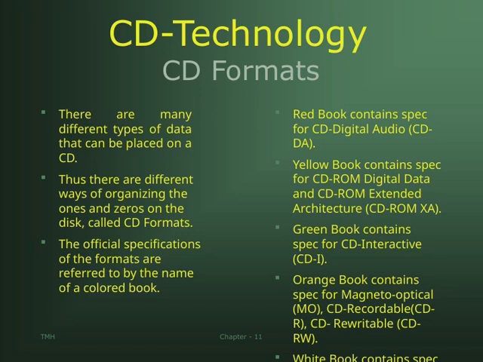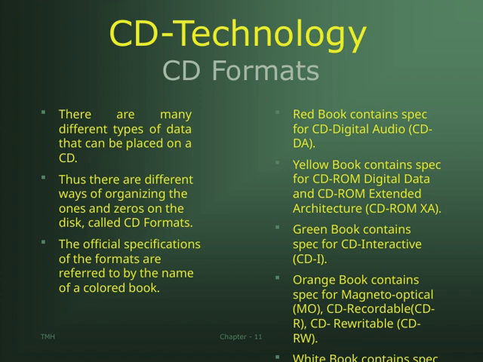As you know, there are many types of data that can be stored on a CD, and because of that, there are different ways of organizing those zeros and ones on the disc. These different organization methods are what we refer to as CD formats. Now, the official standards for these formats are actually documented in what are called colored books, each named after a color. For example, the red book contains the specifications for CD digital audio, which is what we commonly think of